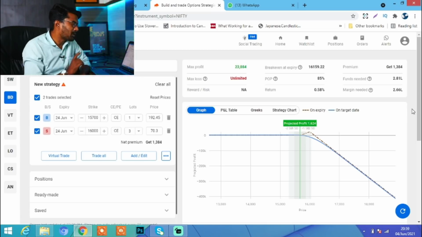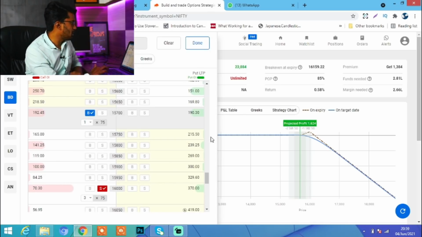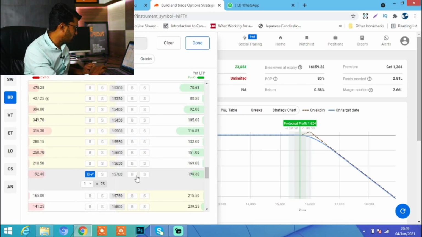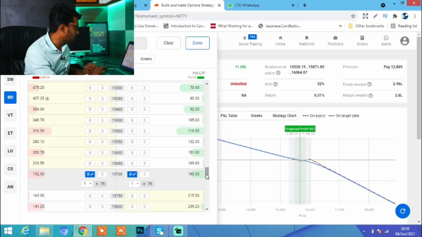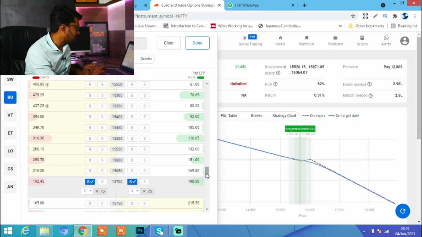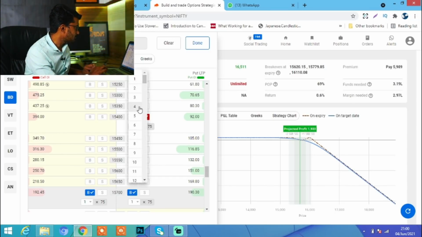Now this we can do on both sides. Now this strategy, what I have done is, I am bullish, so I have done this one. Now I can do it on both sides also. I can do it on the put side also. What I can do, I can sell the 15,700 put, I will buy, and simultaneously maybe 15,400, I believe 15,400 is a good support, I will go and sell 3 lots.